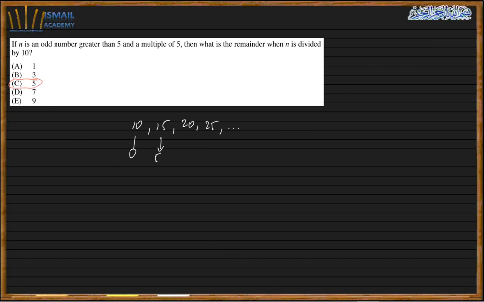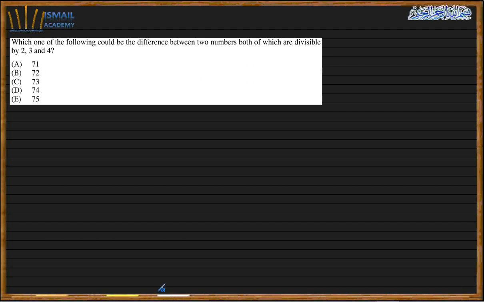Next question. Which of the following could be the difference between two numbers, both of which are divisible by 2, 3, 4? So if it's divisible by 2, 3, 4,